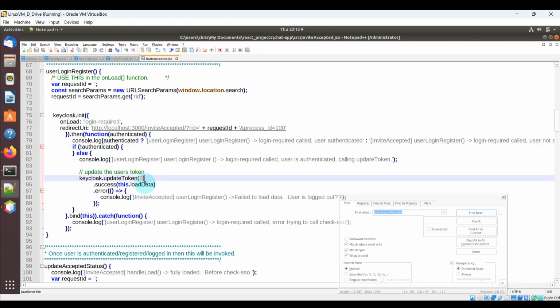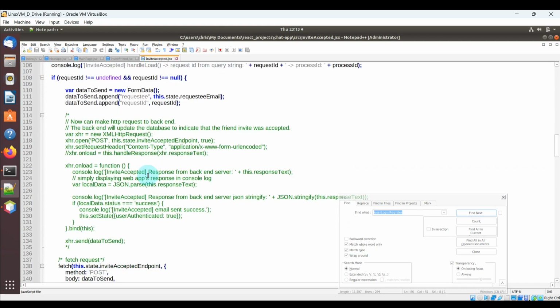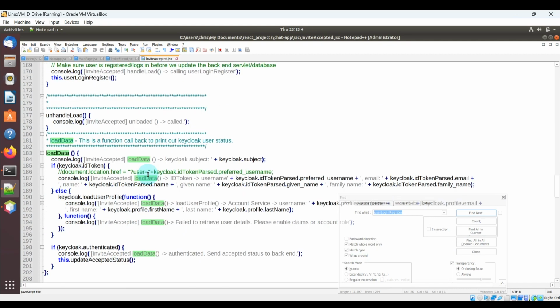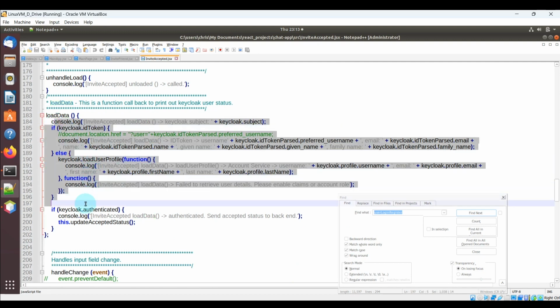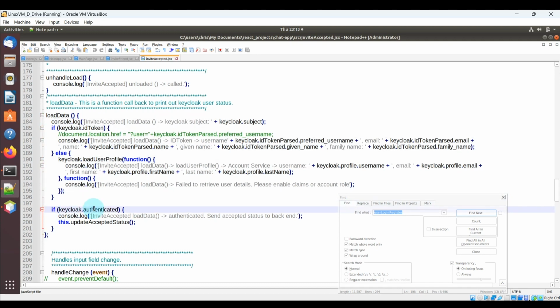Now if we look at the load data function, scroll down, you can see there's a few things. The first few lines here are just debug statements, so you can forget about that for now. But if you actually look over here, which is important, you'll see it does a check to see if the user is authenticated, and if it is, it's going to call this other function called update accepted status. So now if we go to this function,